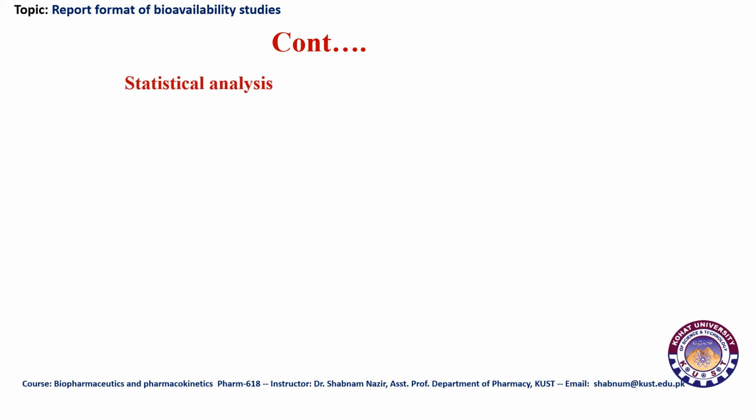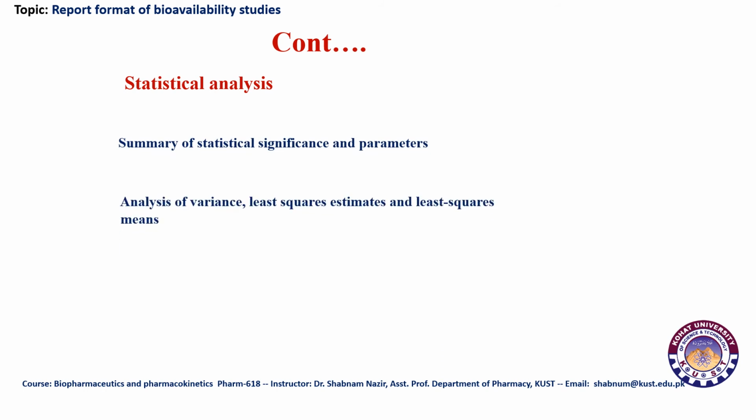Statistical analysis is the continuation of the same thing. Summary of statistical significance and parameters. Various tests, as we discussed earlier, are involved in order to find out if any statistical significance is there for the differences which the formulations hold towards each other. So suitable statistical tests need to be adopted, which can be of various kinds. Analysis of variance and t-tests are a few very important, popular tests which are adopted. So the details of any such tests which have been adopted to perform the statistical analysis need to be provided,